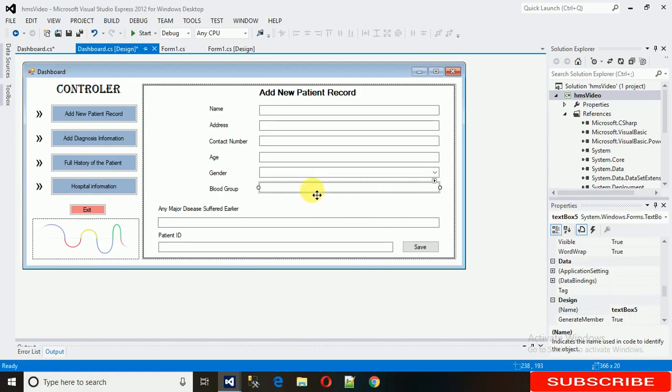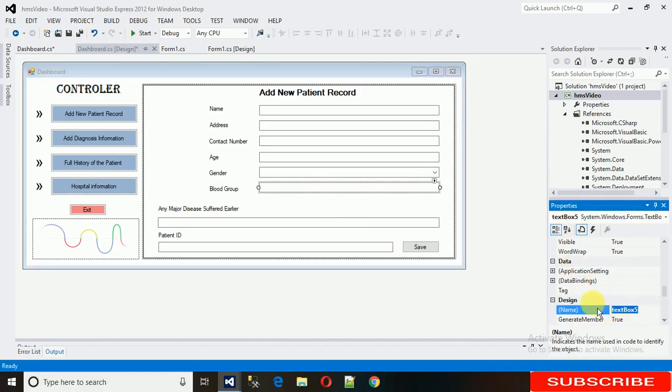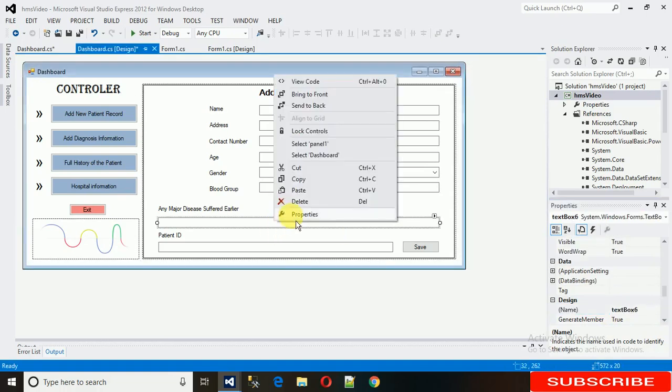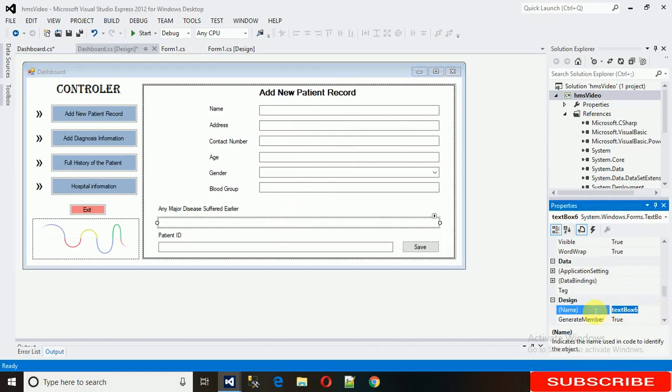After that what we need is blood group, and I'm going to change it to txtBlood. After that we are going to change this value, this 80 measures suffered earlier, to txtANY, and click enter. For patient ID I'm going to change it to txtPID. Okay,